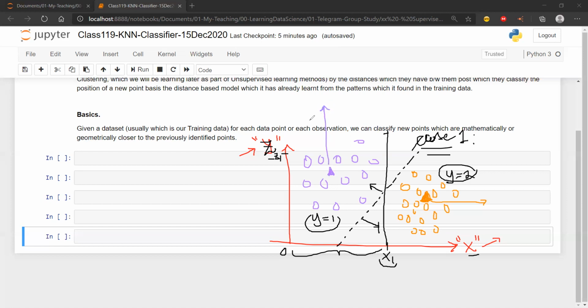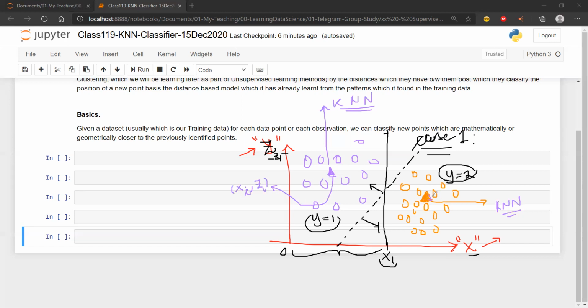These special points which KNN has created are not there in the data. They are not part of the training data. They are created by the KNN algorithm. As it identified the distances of each of the points, it came up with two points, one here and one here. Then it saved the model and remembered the position. If you want to know the position of this point, how will you define it? It will be something like xi comma zi. If I simply write it in geometrical terms, it is x comma y.